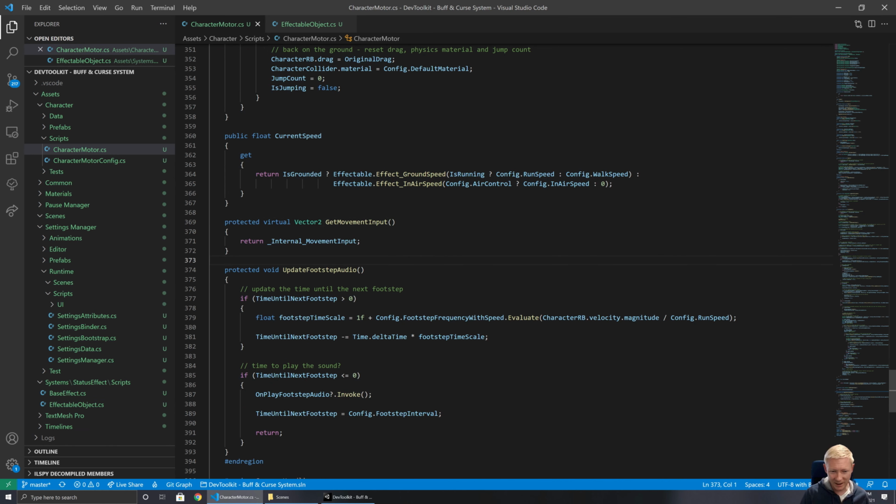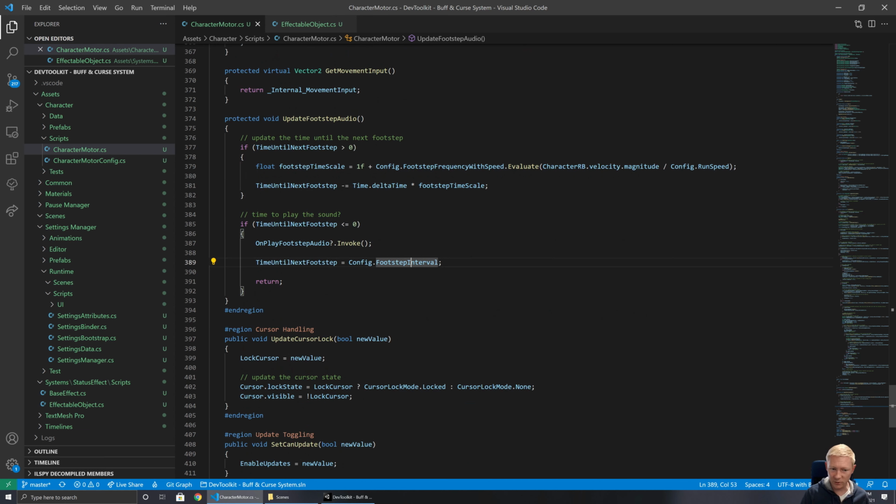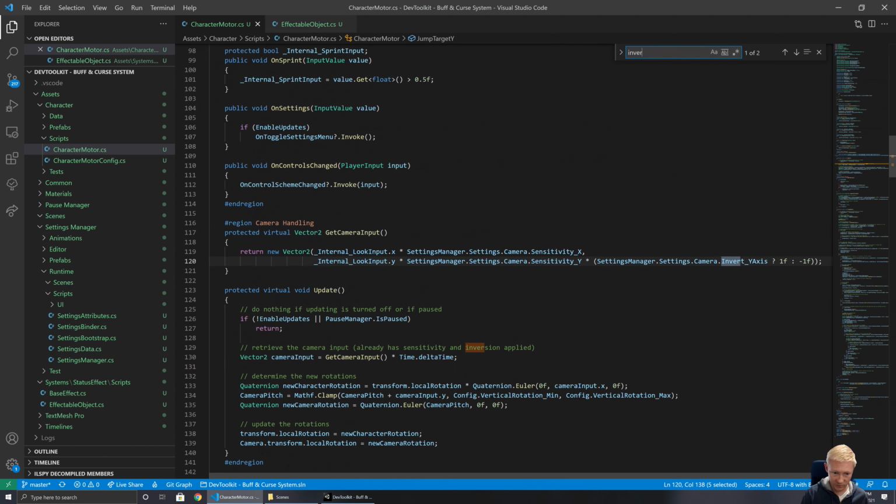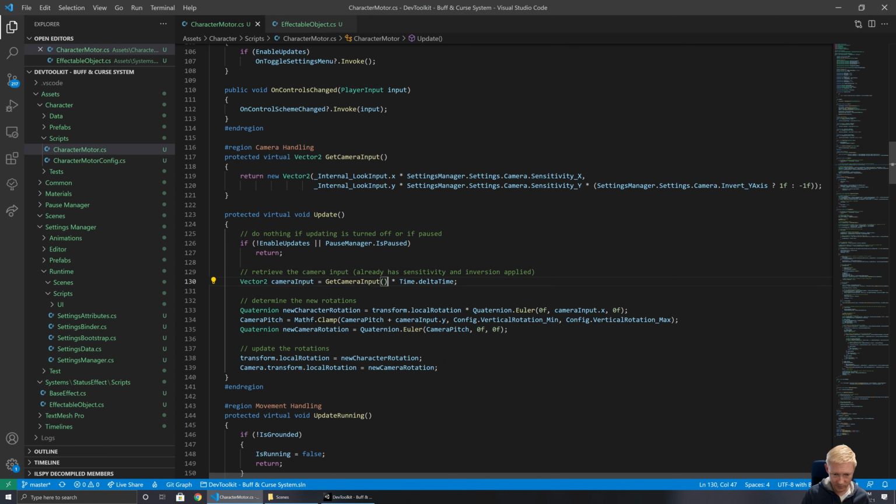Now, in terms of potentially being able to invert the input, that's something where we do already have inversion support. We have the handling of that, and that happens with the camera input. So we can see here, get camera input, and that gives us back a Vector2. So we've got a few different ways we could look at affecting this. So I am inclined to say affectable